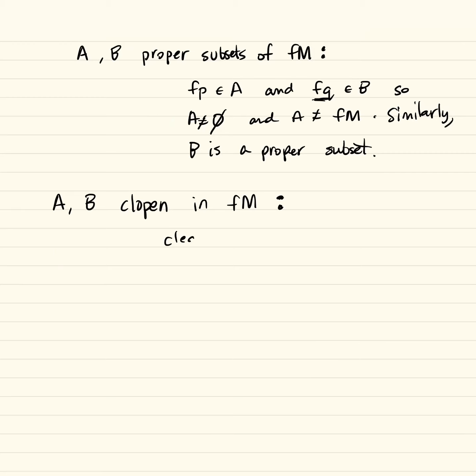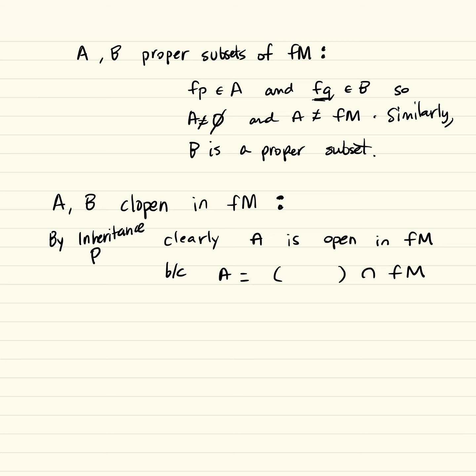So clearly A is open in F of M because A is equal to an open set intersect F of M. So this is by the inheritance principle. Negative infinity to gamma, yeah? So because this is open in R,